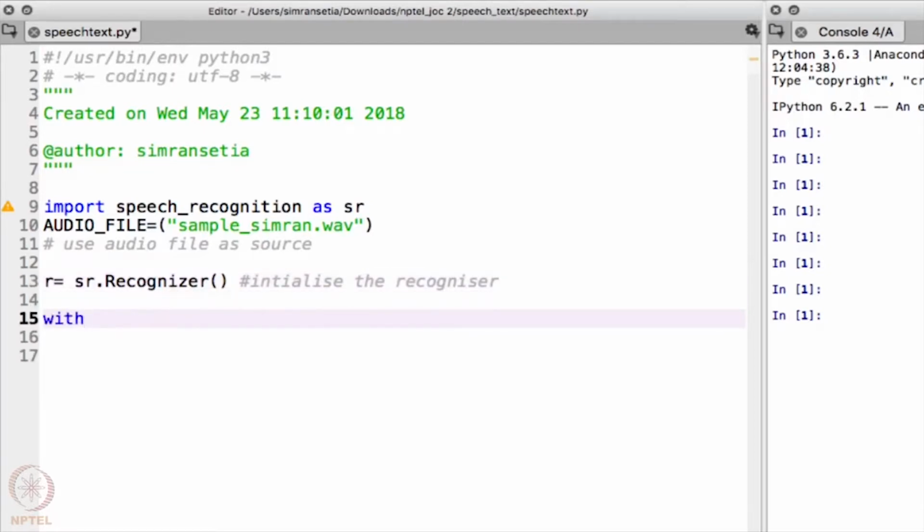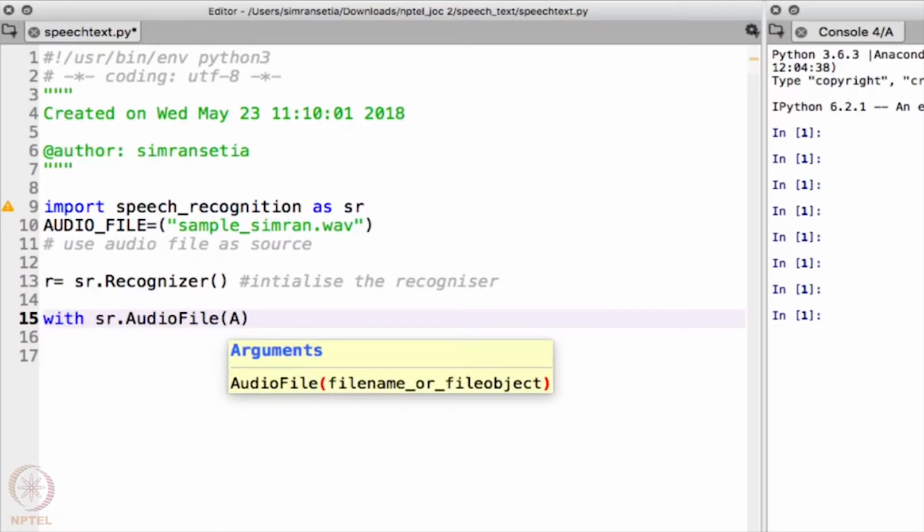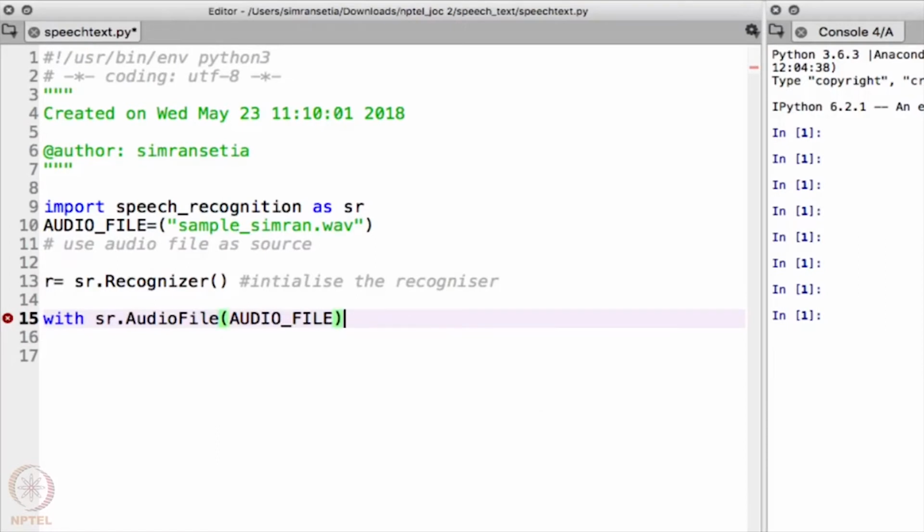After that, what you have to do is with sr.AudioFile, because you are using an audio file here. What name has been assigned to your audio file? Mine is audio_file. We will use it as source.